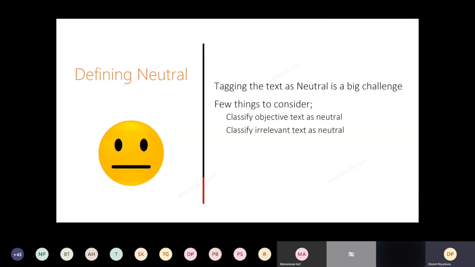Another challenge. Now we know that we want to find whether it is positive or negative. But how do you find whether it's neutral or not? It's basically up to you. If you try to get the sentiment value of the text using a mathematical formula, you might get a value. So you have to decide the threshold. From this point to this point, I consider it positive. From this point to this point, it is neutral. Or a value above this number or below this number is negative. It is something you have to decide based on your experience. You might get support from some code, but not always.